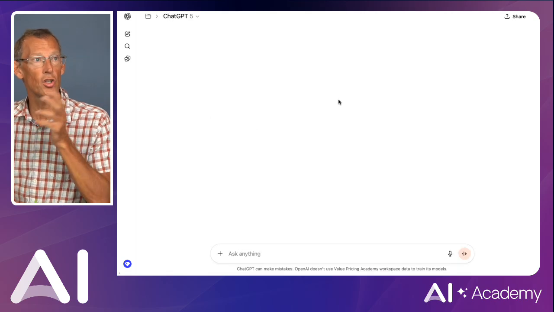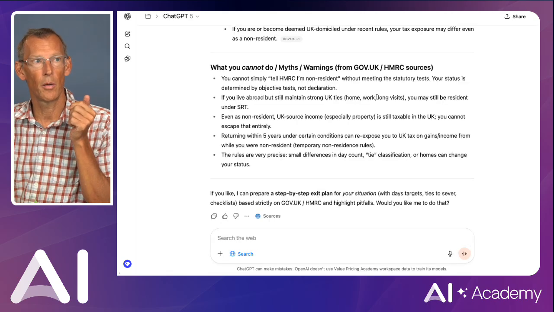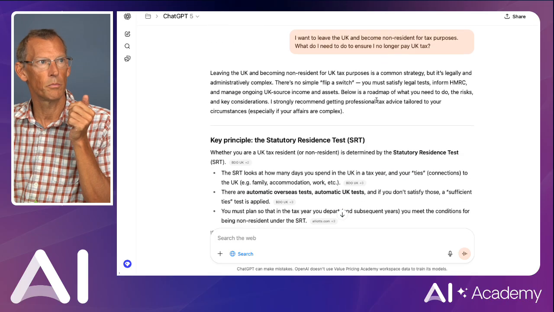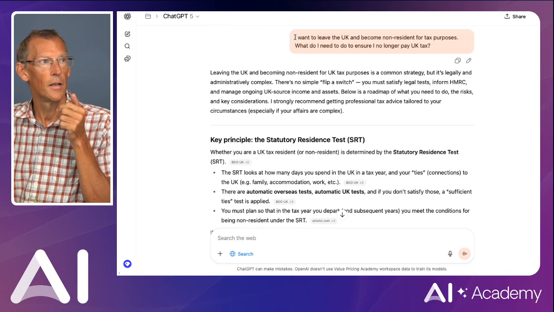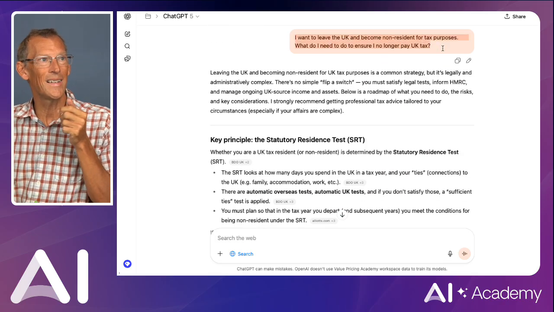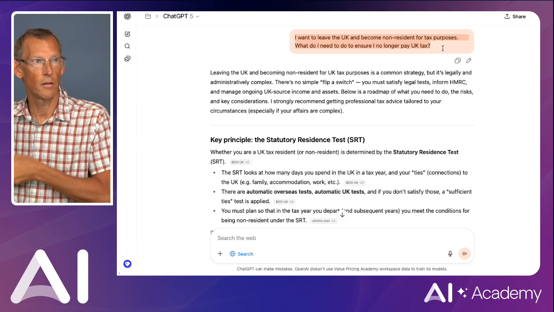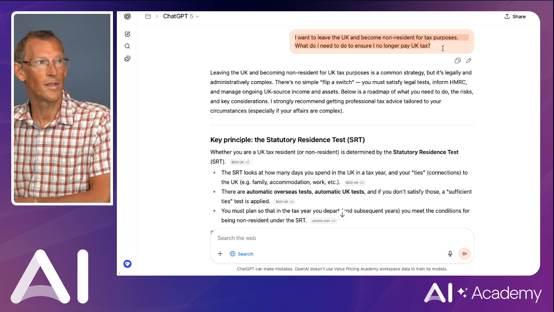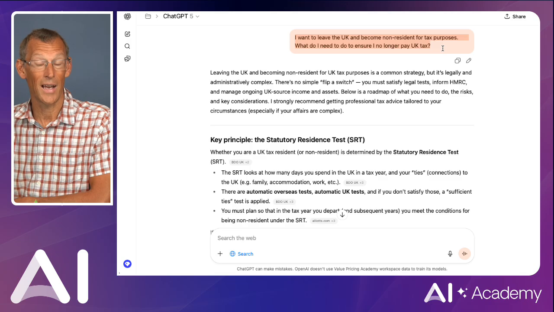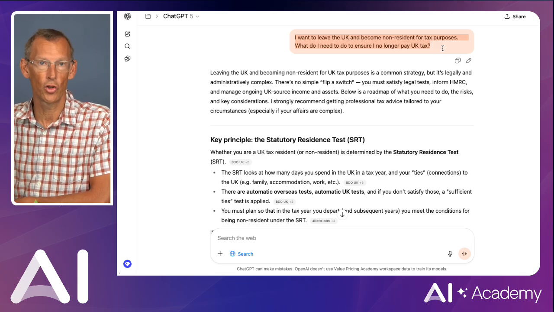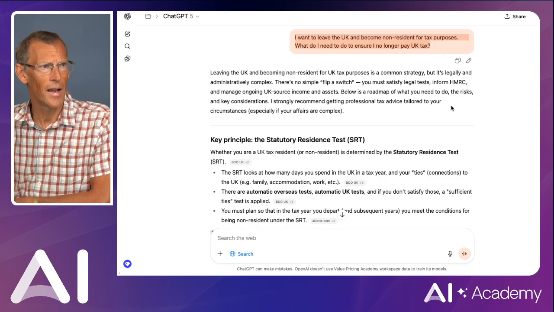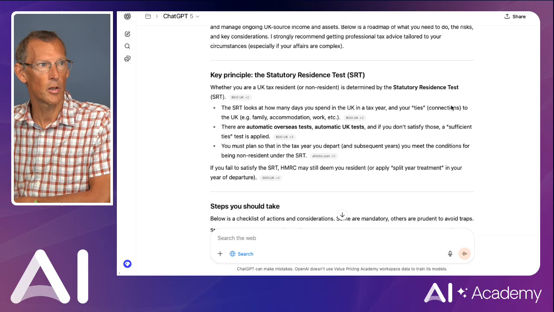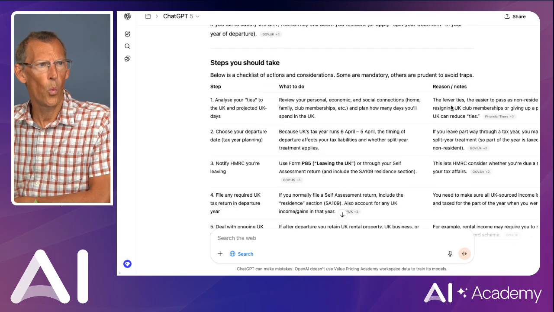And so imagine that you have a prompt where you want to do some research. And the one I've got here is, I want to leave the UK and become non-resident for tax purposes. What do I need to do to ensure I no longer pay UK tax? I live in Portugal, I used to be in the UK. And it's given me this response. And whilst there's